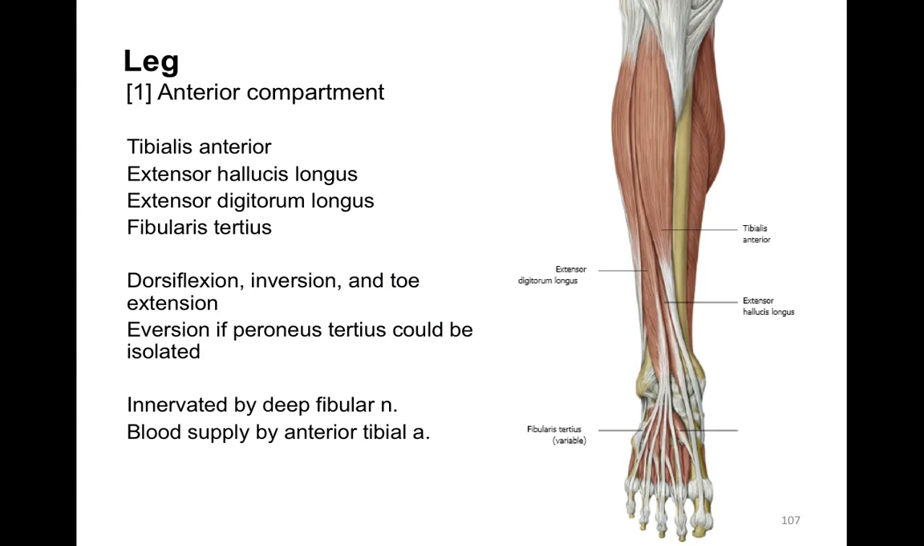The first compartment is the anterior compartment, consisting of tibialis anterior, extensor hallucis longus, extensor digitorum longus, and fibularis tertius. The motions include dorsiflexion, inversion, and toe extension, and eversion would also be a motion of the anterior compartment if fibularis tertius could be isolated. But fibularis tertius is not able to be independently activated, so we don't really consider eversion as a motion of the anterior compartment. The innervation of these muscles is by deep fibular nerve, and the blood supply by anterior tibial